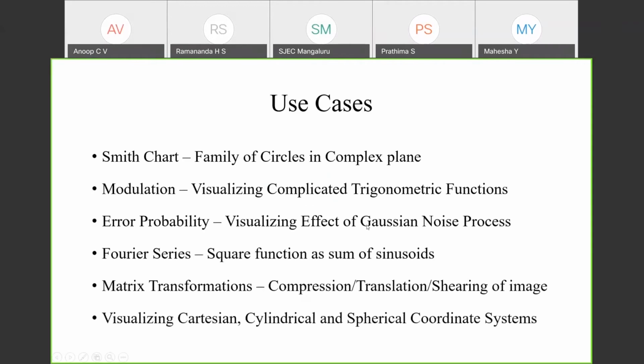In today's session, we'll be discussing some of the use cases. As it is related to electronics, but for the GeoGebra implementation part, I think all of you will be able to appreciate. What we'll try and do is show how it is done in the conventional chalk and talk method, and how we can do it on the GeoGebra platform. So that's what we'll be doing. The first three examples I'll be demonstrating, and after that, the next three examples, my sir will be demonstrating. We have tried to include examples from diverse topics, but I hope you'll be able to relate to it.